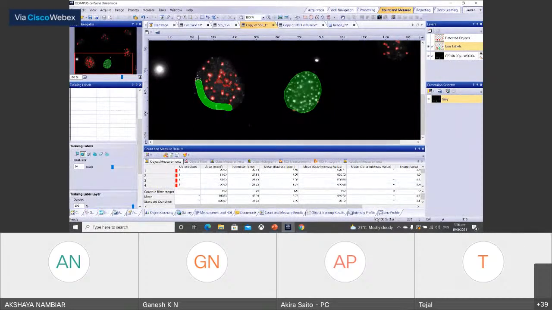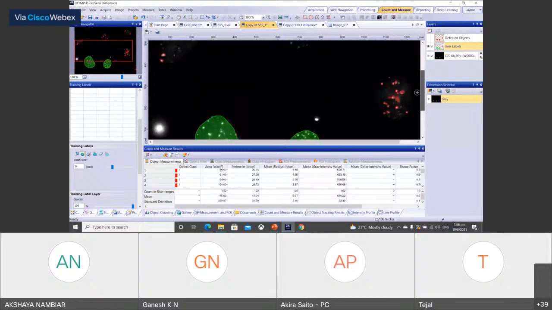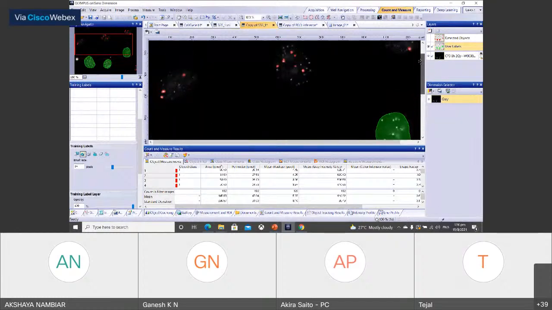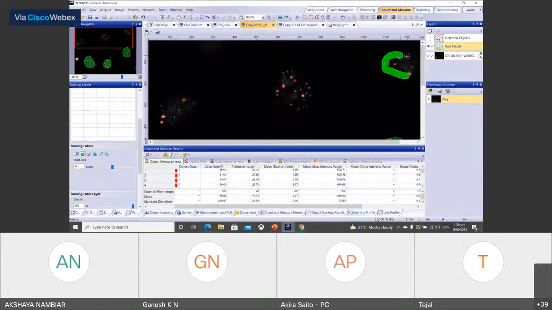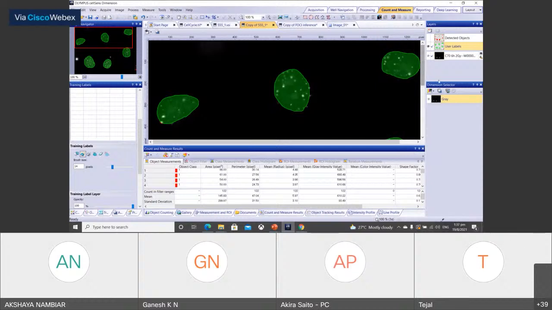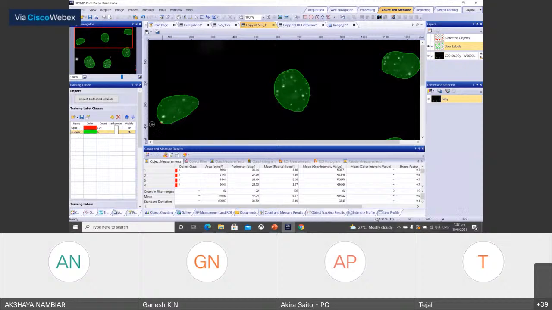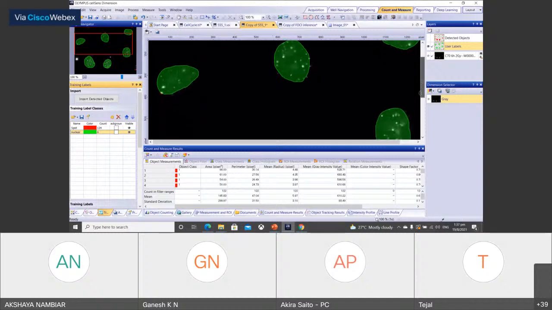So I'll just use manual labeling. Okay, so I have two different classes over here, one for spot and one for the nucleus.